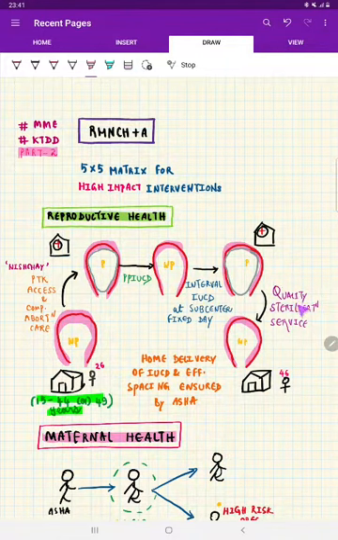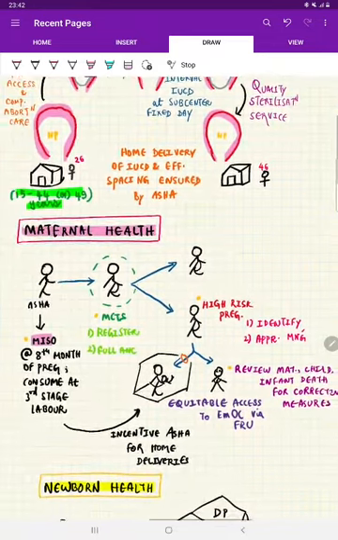Next is the quality sterilization service. And apart from all of these, there can be home delivery of IUCD, and effective spacing methods are ensured by the ASHA worker. This is all about the 5 important strategies in reproductive health, that is PTK access, comprehensive abortion care, postpartum IUCD, interval IUCD, quality sterilization service, and home delivery of IUCD with effective spacing measures. Done. Let us now proceed to maternal health.